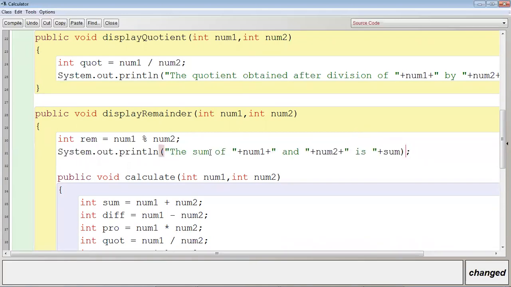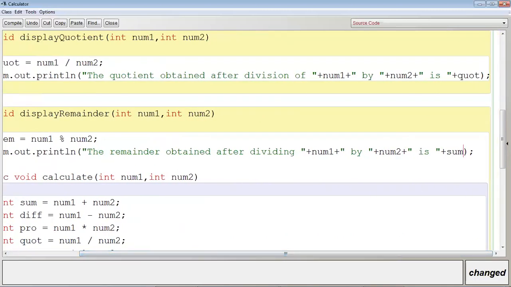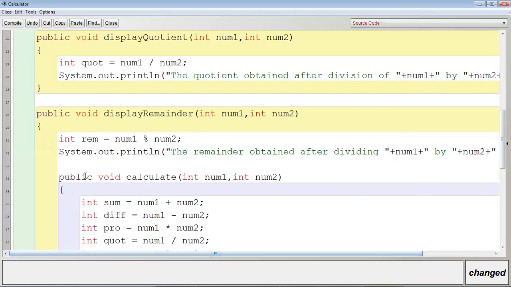The remainder obtained after dividing num1 by num2 is rem. Okay, let me close the curly bracket.